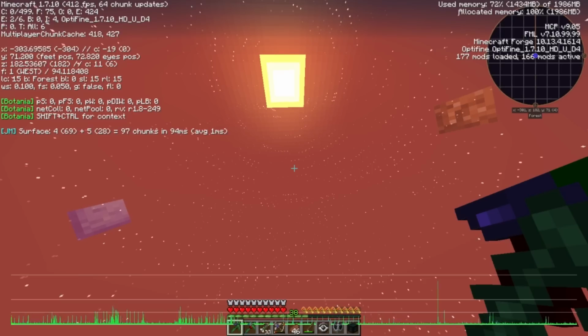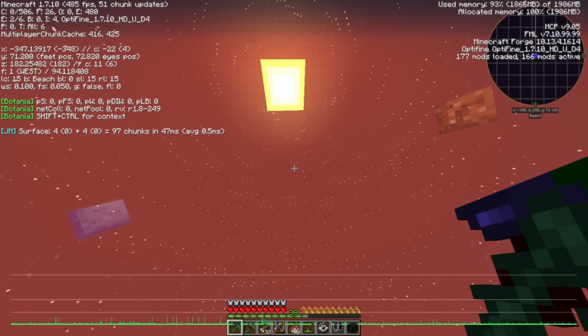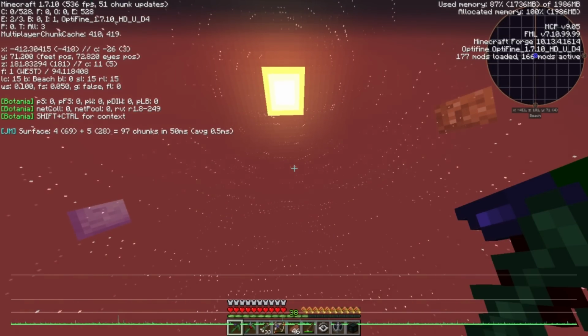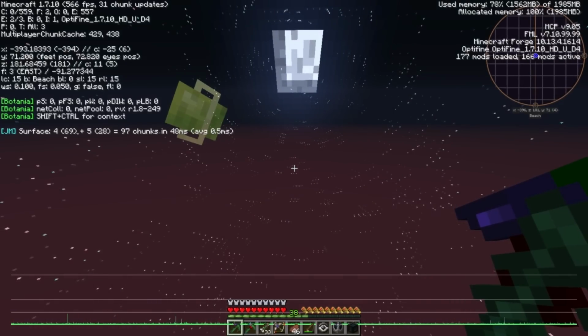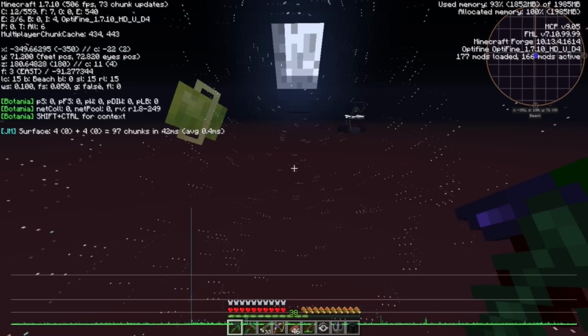Forest, rivers, and some beaches here and there. Very long beach, this one. Holy cow. River into another beach. Sunflower Plains. Okay, so we had to go quite a ways, but we did run into a Sunflower Plains. Oh... All right, well...